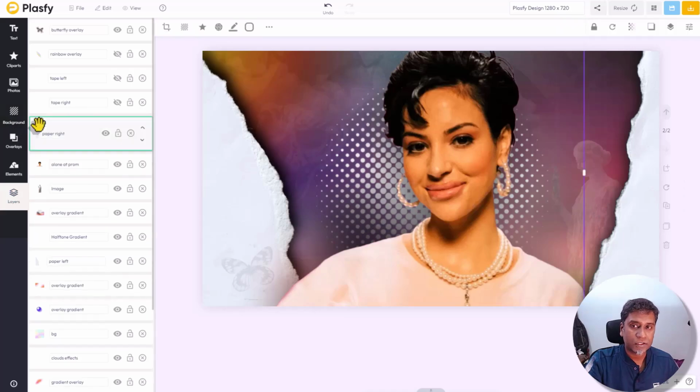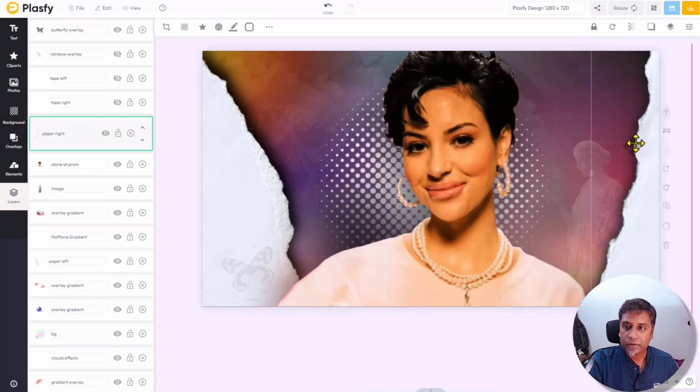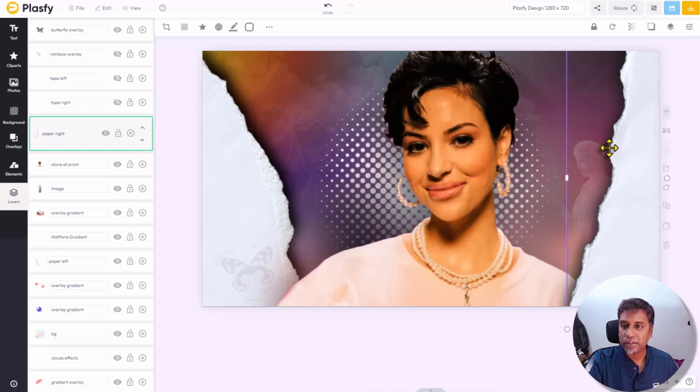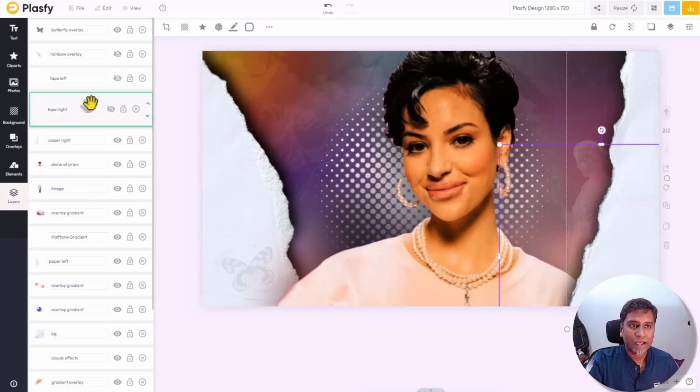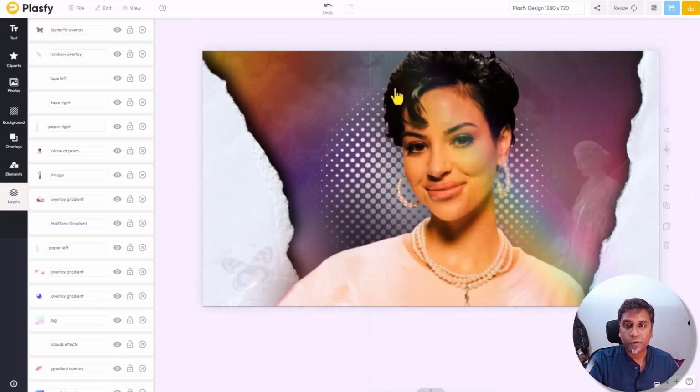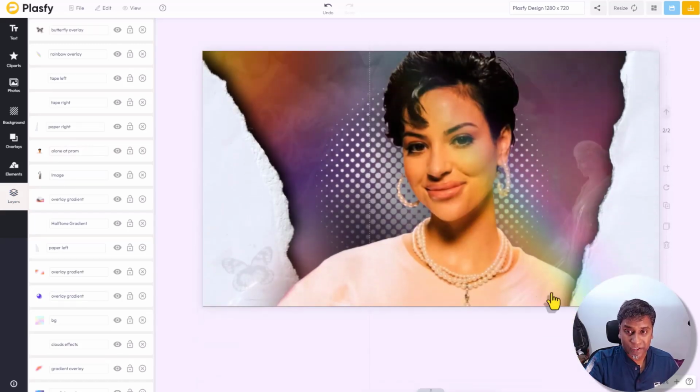So we have this paper, right? So let's take that paper, and you want to make it like this, you could do that. You want to do it this way, it's a small one, so let's keep it that way. Then we have the tape. Okay, you can see it here, it's very light. Then we have another tape, a rainbow. Did you see that rainbow here? Now initially you wouldn't have seen it. Would you have noticed that there was a rainbow here? Maybe not. You might not have seen it, but there's a rainbow accent here. It's an overlay, and this brings us to the final image that was created using all these different layers.